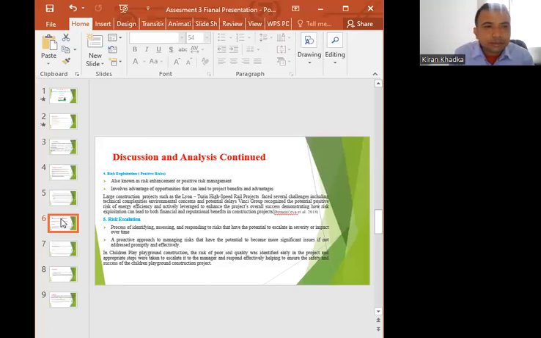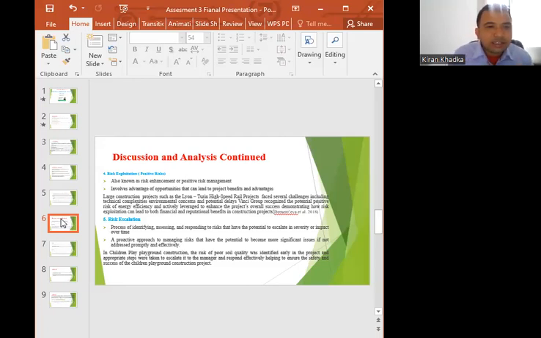Risk escalation or risk acceptance. For risks with low impact or likelihood, we might choose to accept them and develop a contingency plan. This is a strategic decision when mitigation or avoidance is not practical.